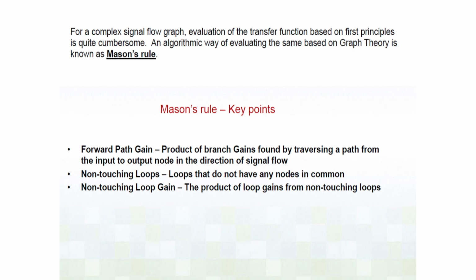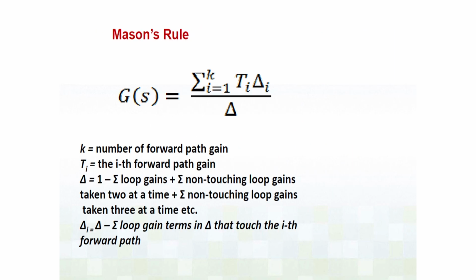We are going to do something which is called Mason's rule. Mason's rule requires forward path gain, non-touching loops and non-touching loop gain. Mason's rule tells us that the final transfer function is actually the summation of Ti delta i. Ti's are the ith forward path gains, delta i's are the corresponding gains, and delta is the